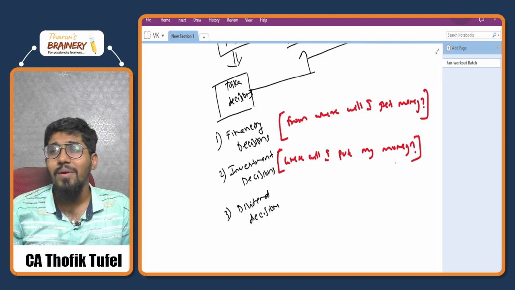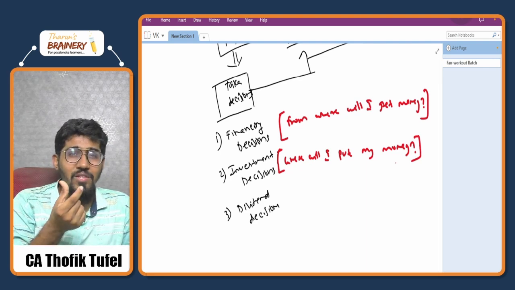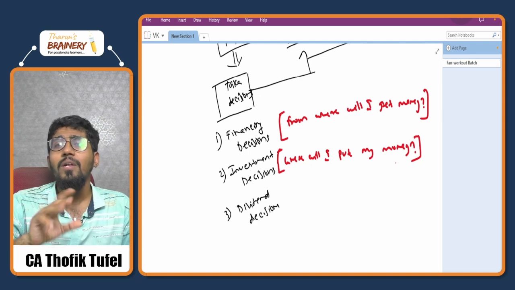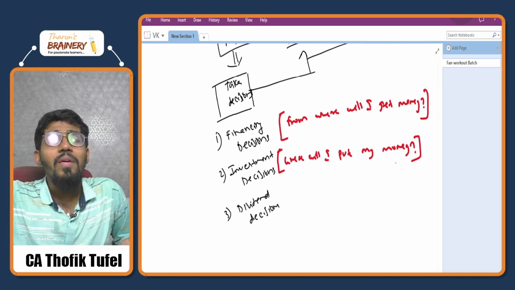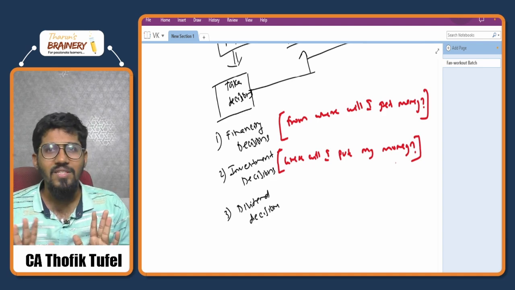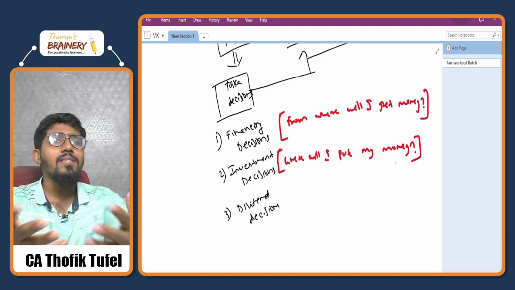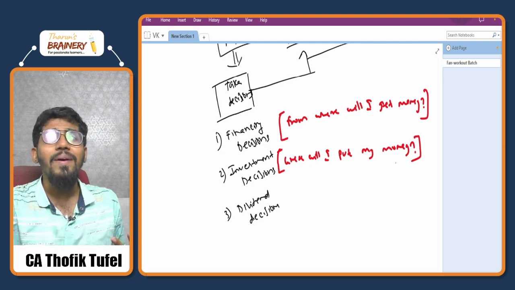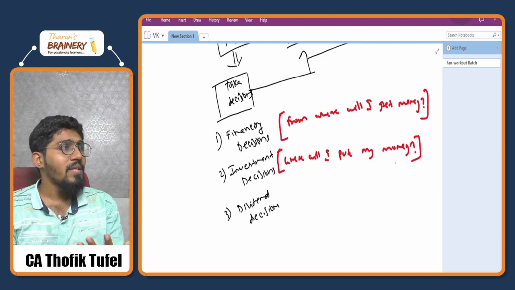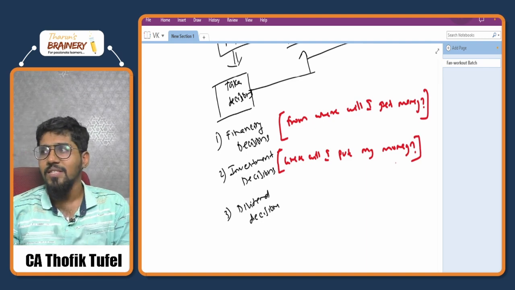Investment is nothing but commitment of financial resources. I'm just telling you the definition: investment is nothing but commitment of financial resources for a period of time with an expectation of some return, whether monetary or not. What is the definition? So what does it mean? It just means that you're committing something today for an expectation in future. That commitment is called investment.